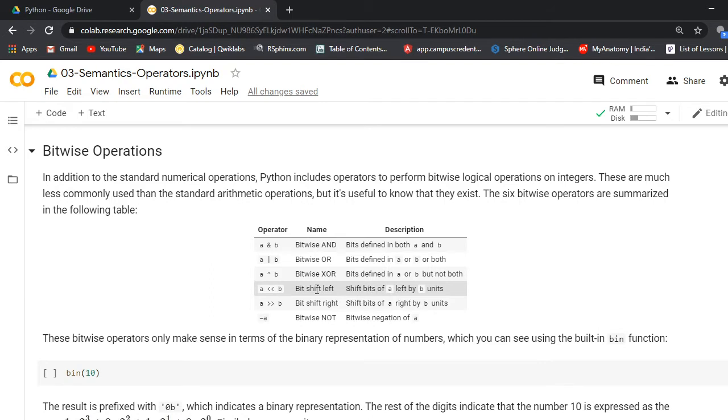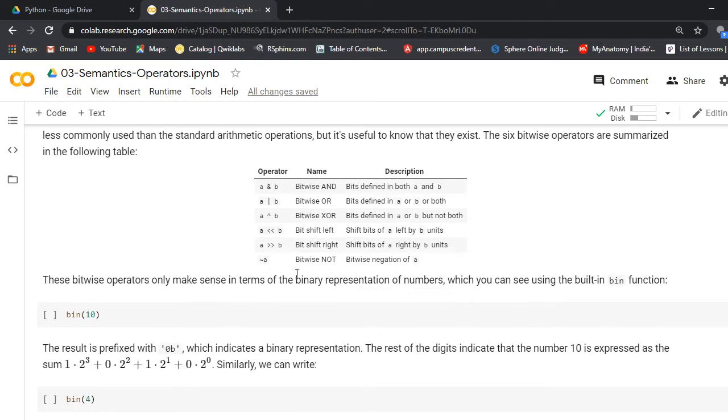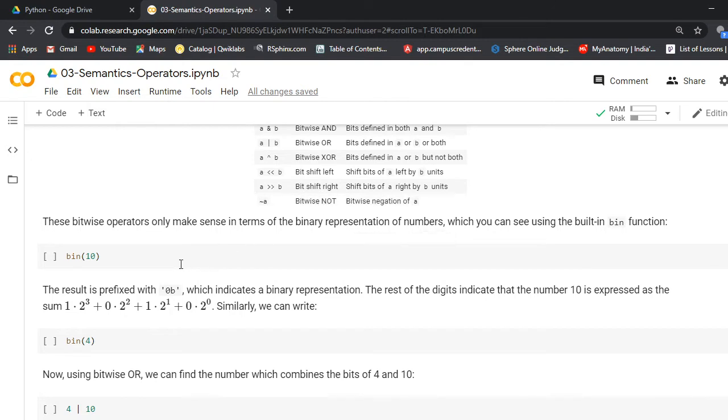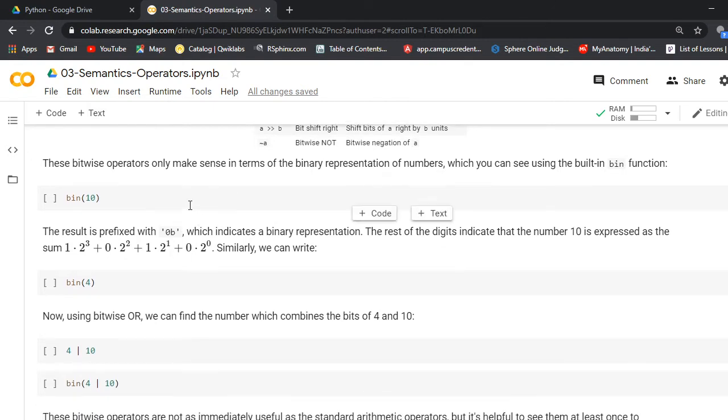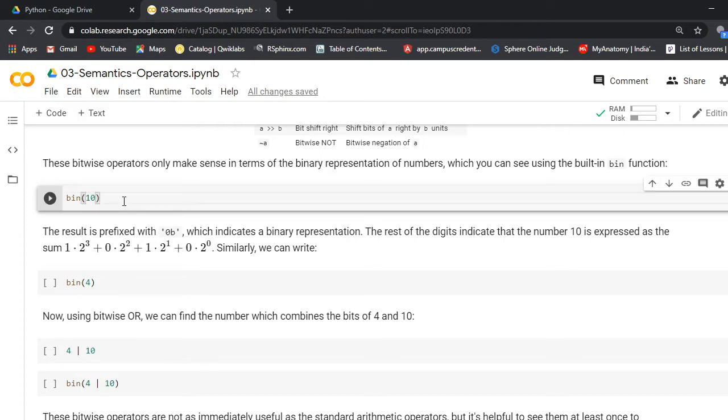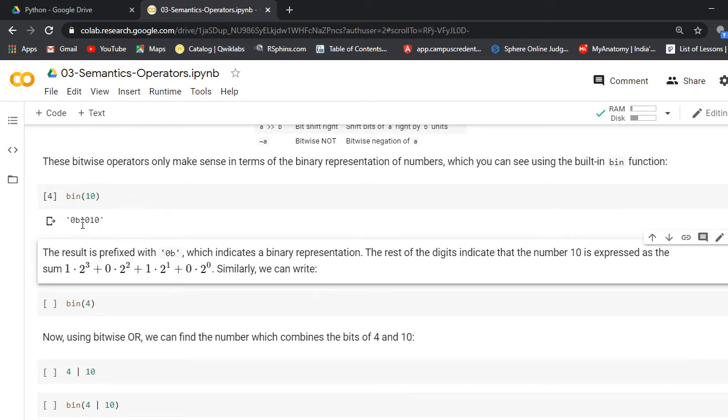In Python there are different types of bitwise operations, like and, where we use a ampersand b, bitwise or, bitwise XOR, bitwise shift left or right, and bitwise not. And if you want to print the binary number of any integer, we have a function called bin. So here if we run this, we will get the binary number of